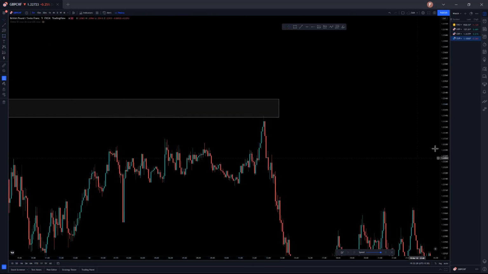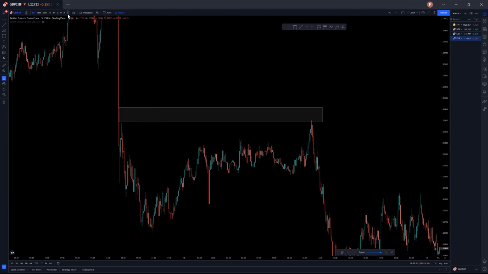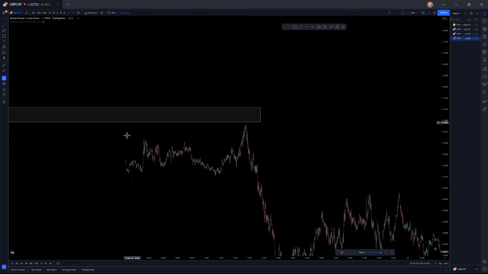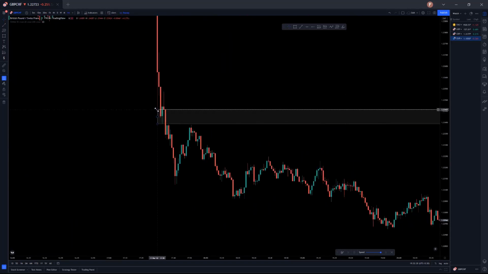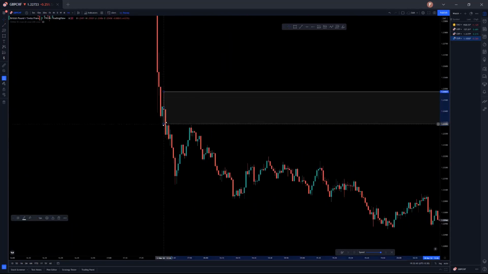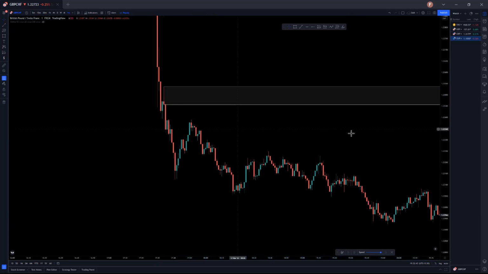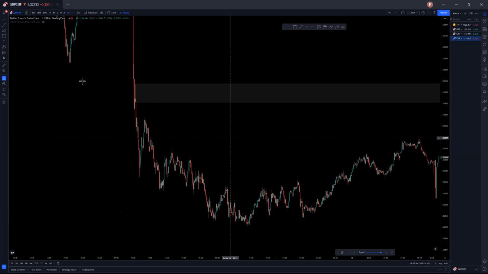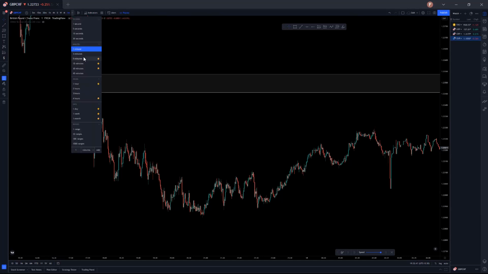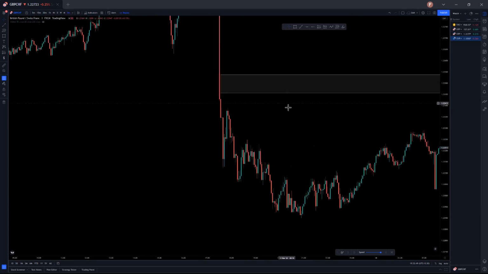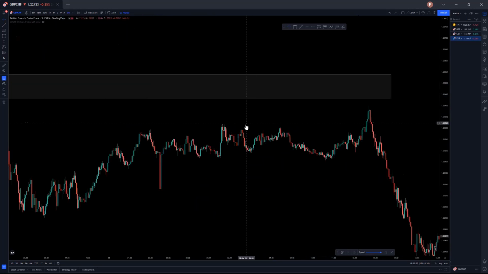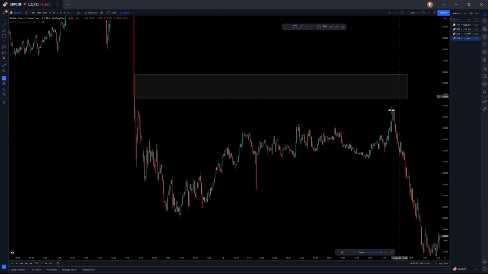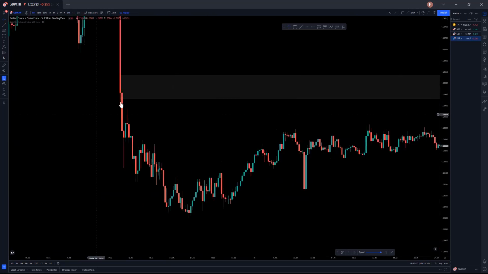If you drew your POI based on this flip zone, maybe on the 1 minute it was a POI, but I wouldn't suggest going to the 1 minute. Let's go to the 3 minute. There was kind of a wick which you can use, but price clearly didn't get all the way there, so we have to stick with the flip zone only.